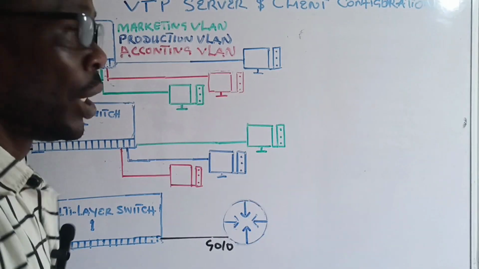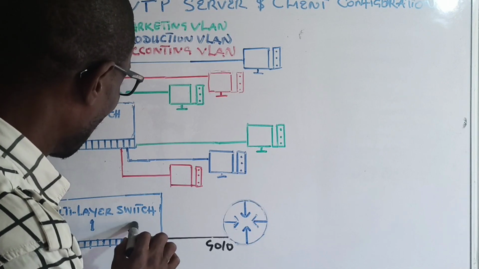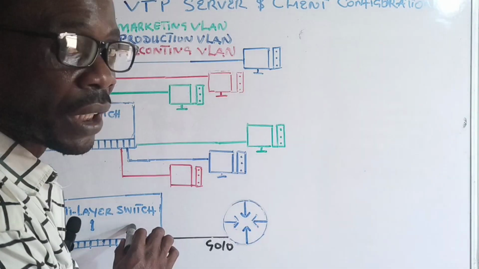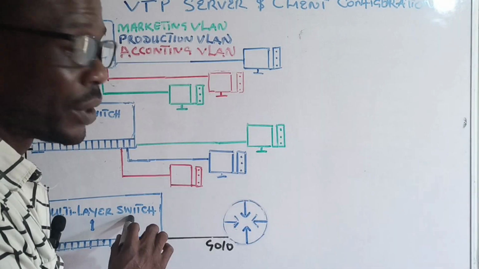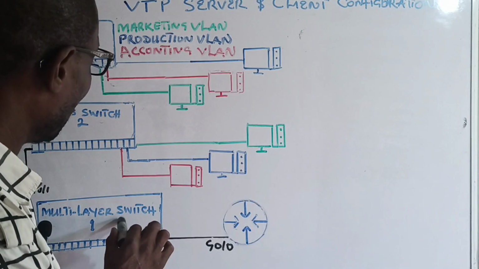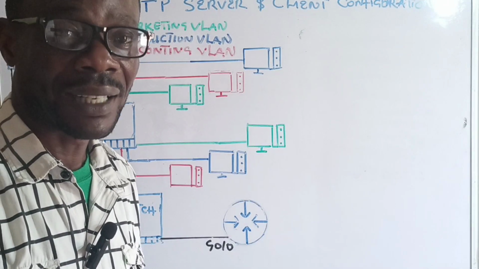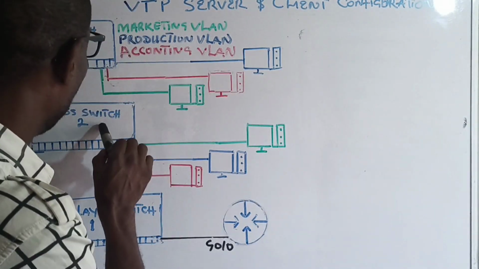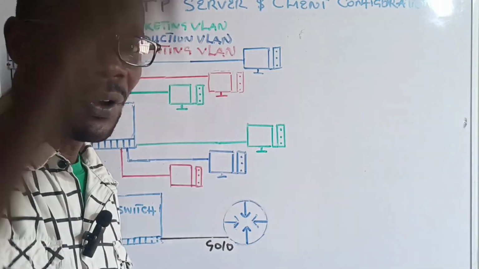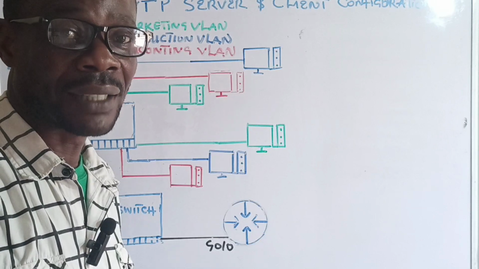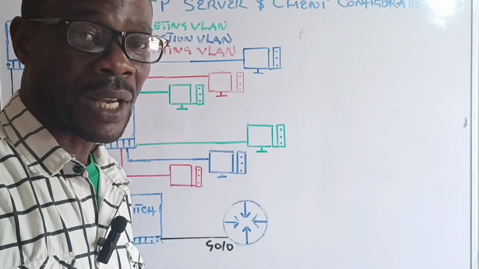Okay, but now there's something called VTP server and client mode where you make all your configuration in a centralized switch, probably in the IT room closet. So you configure everything here, all the VLANs here, and configure what is called VTP server and client mode. This has to be server, and every other switch in that network probably spans several floors. Maybe this company has like 10 floors, a 10-story building,